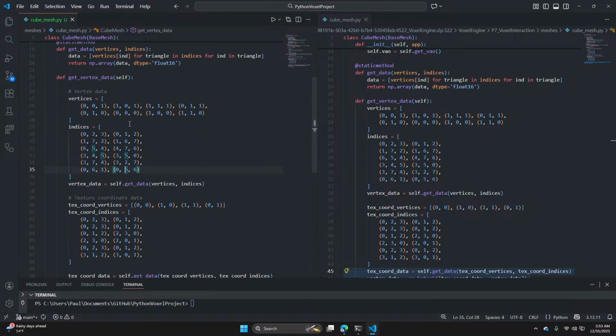So this is creating a cube. Vertex data for cube. Extra coordinate data for cube. This makes sense. Okay, and then in this triangle, we're going to take this, this, and this. Next one, this is this, and so on.